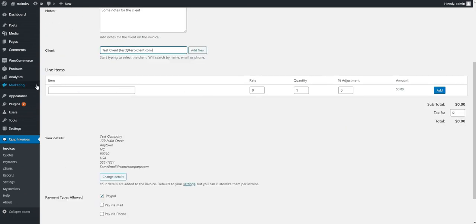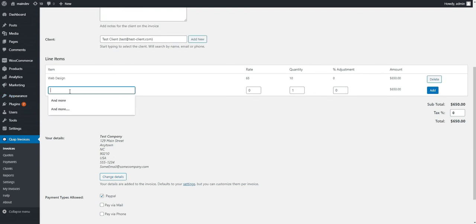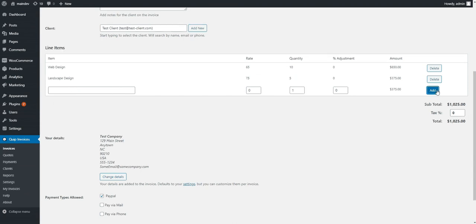Then you get to add the items on the invoice. So maybe you did some web design and you're charging $65 an hour, and that was 10 hours of web design that you had there. So you can add that in. Maybe you're a landscaping and gardening company, and you did some landscape design, and that was for $75 an hour, and you got 5 hours of that. You could add that. Maybe you're a different professional services company, but anyway, whatever line items you want, you can